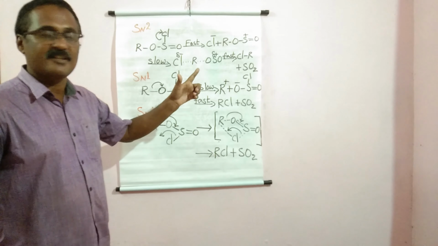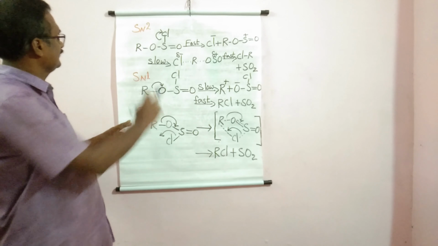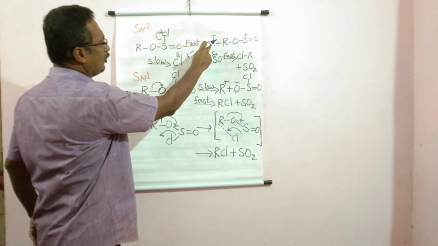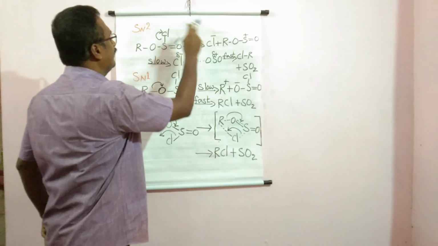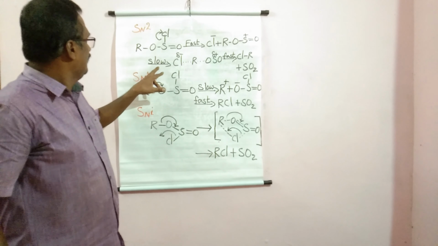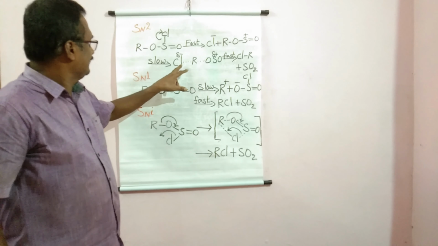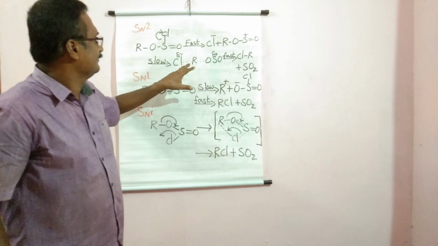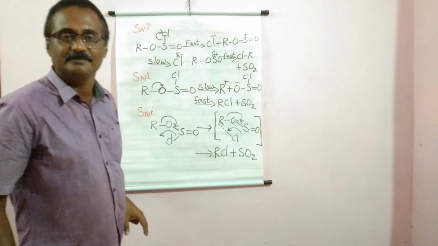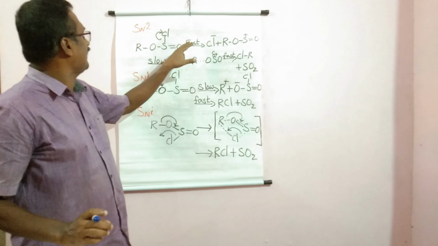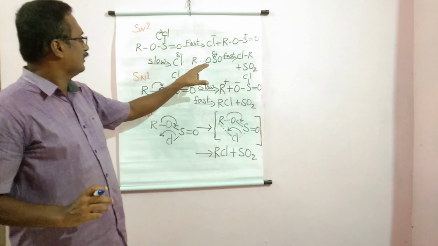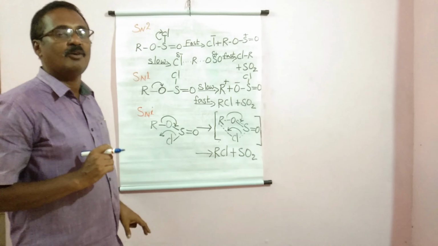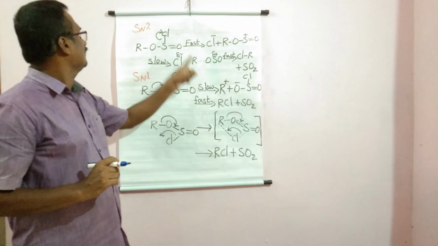If the reaction takes place by SN2 mechanism, the chlorosulfite undergoes fast ionization to give chloride ion, which is the incoming nucleophile. In the slow step, the nucleophile and the leaving group are attached simultaneously to an atom. And finally, in the fast step, giving the product. If this reaction takes place by SN2 pathway, complete inversion of configuration will be obtained, but no inversion is obtained. So we can rule out this SN2 pathway.